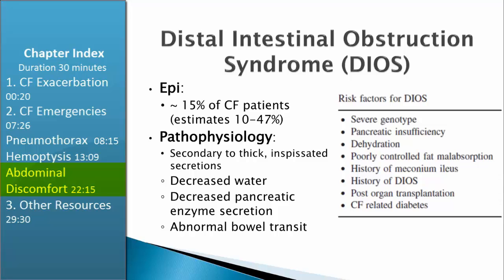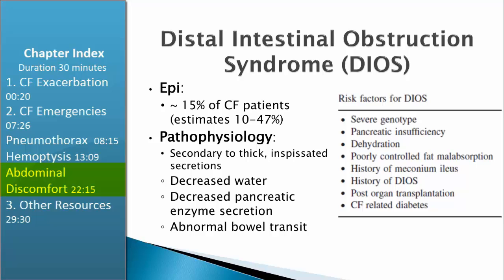About 15% of CF patients will get it in their lifetime, although the estimates range all the way from 10% to 47%. The pathophysiology involves thick inspissated secretions in the bowels, similar to in the airways. There's also decreased water, decreased pancreatic enzyme secretion, and abnormal bowel transit, and all these together can make for the perfect storm. Risk factors include severe genotype, pancreatic insufficiency, dehydration, poorly controlled fat malabsorption, a history of meconium ileus,